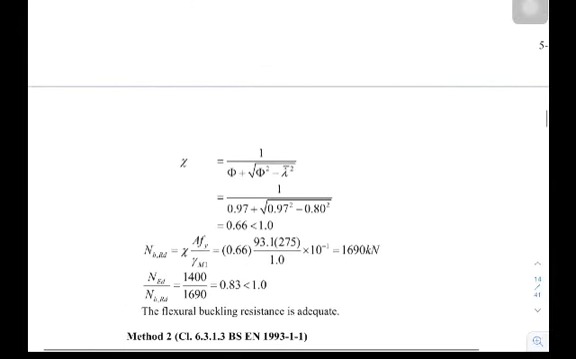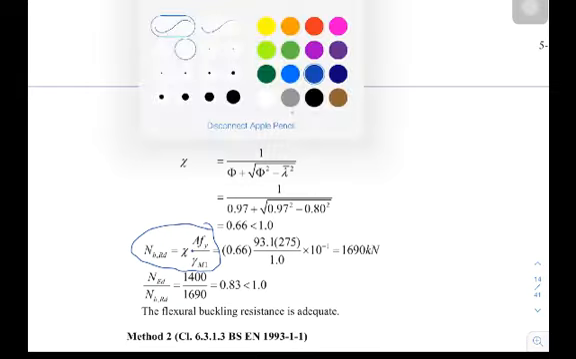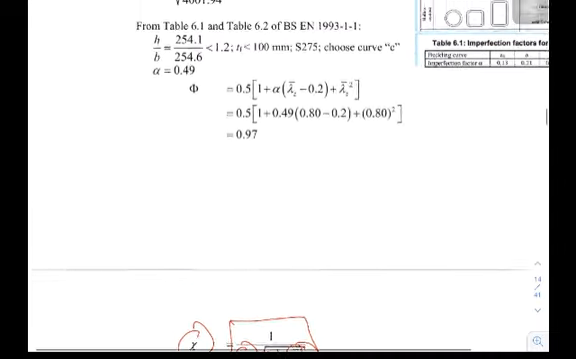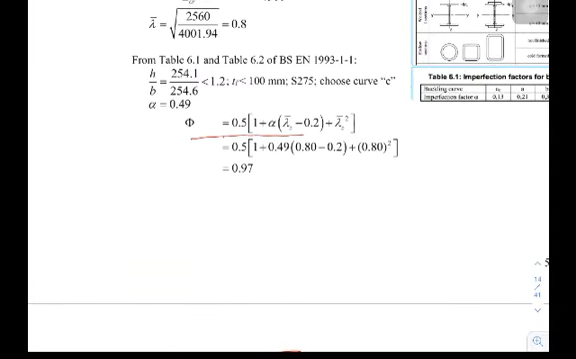Now, what is it? The NBRD here is actually the reduction factor multiplied by the area Fy divided by gamma M1, sorry, and our next job is actually to find what is the reduction factor. The reduction factor comes from this formula here, okay, and we need to find phi, right, and also lambda bar squared. And what is phi here? Phi is given by this formulation here, and got the value of 0.97,